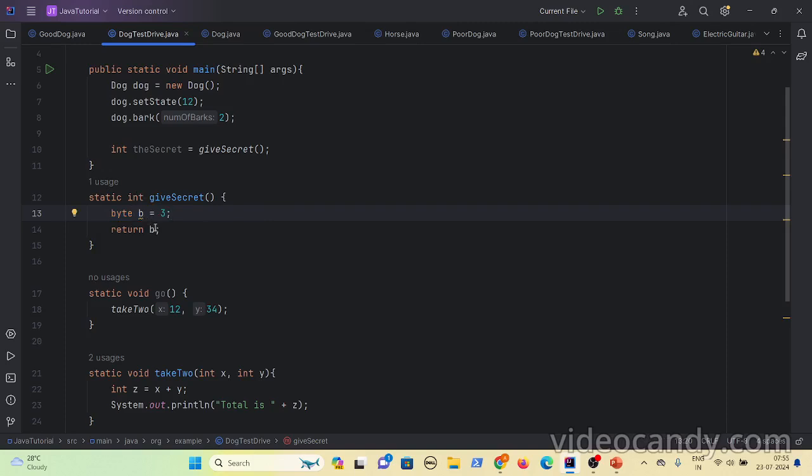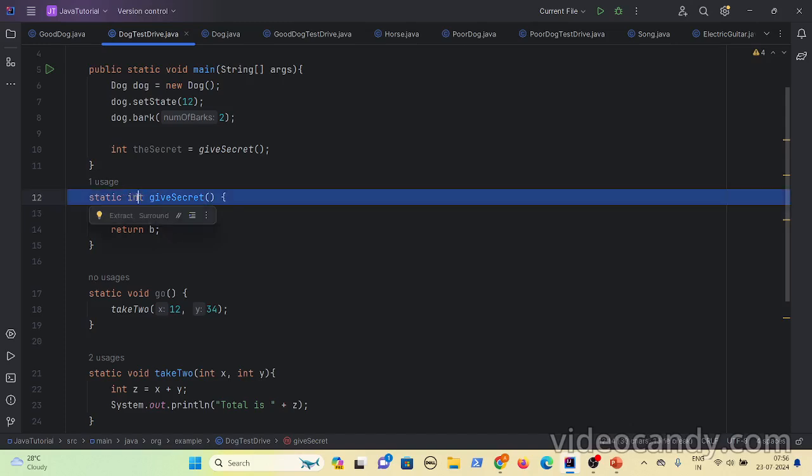The 3 was put in a byte variable, but here it is expecting an int. So the compiler does automatic typecasting, and it will work fine.